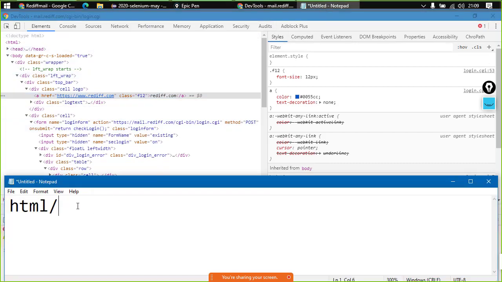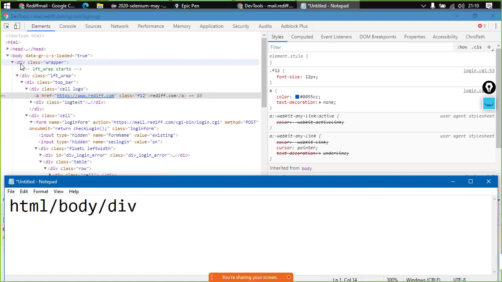Next thing is we need to get to the body tag. So we will specify body. Now inside the body tag we have to get inside the div tag, so /div.